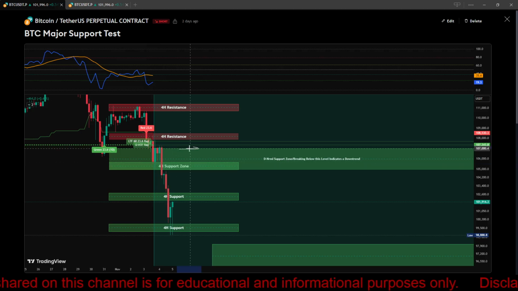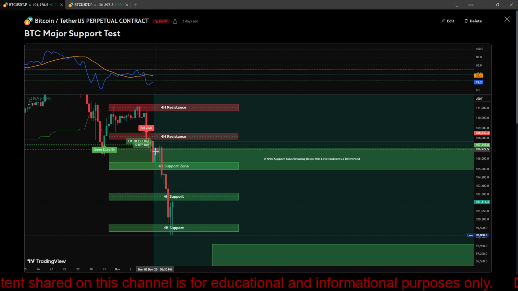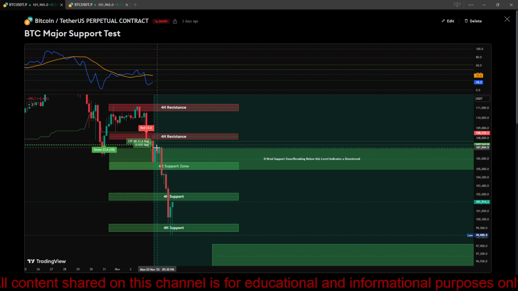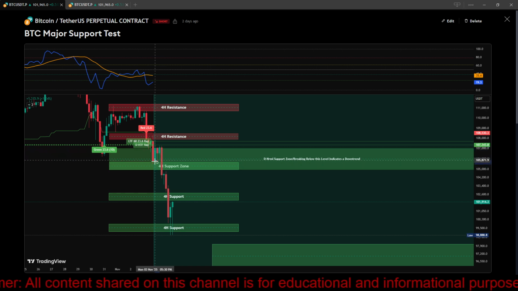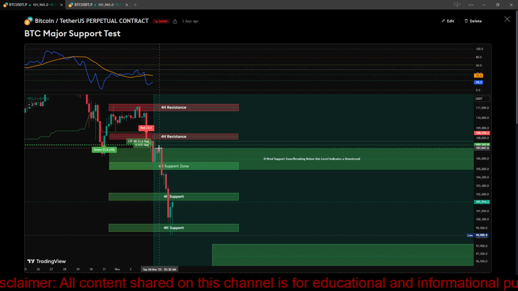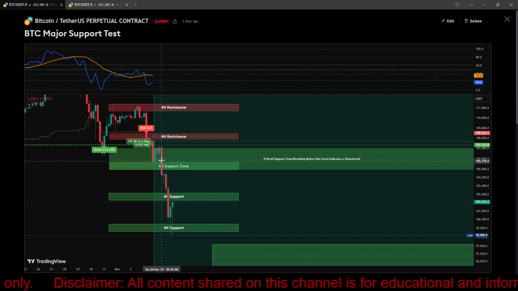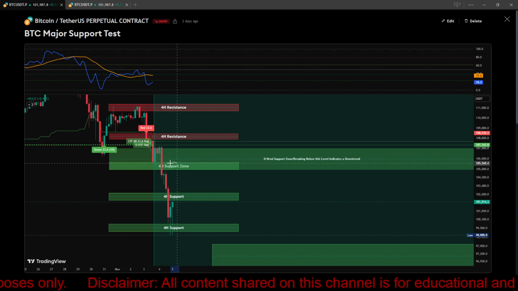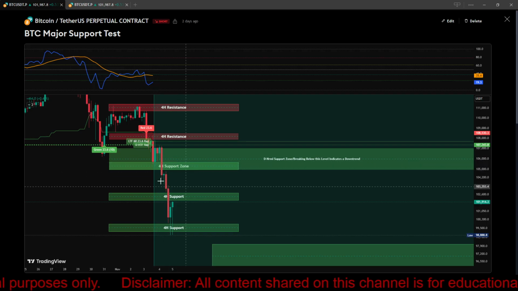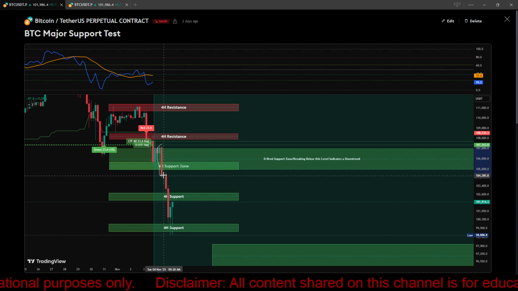This eventually becomes a resistance. Here another attempt, back down, took a support, and then here again resistance. Here a kind of a support, just slightly above this 4-hour zone. And then in this specific candle,